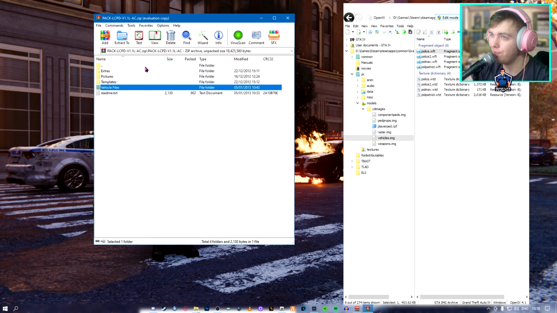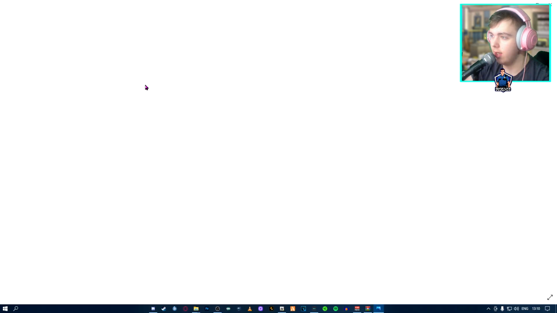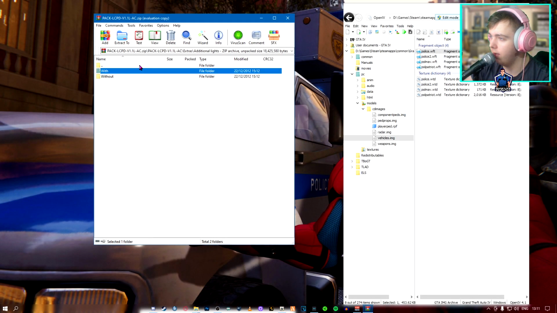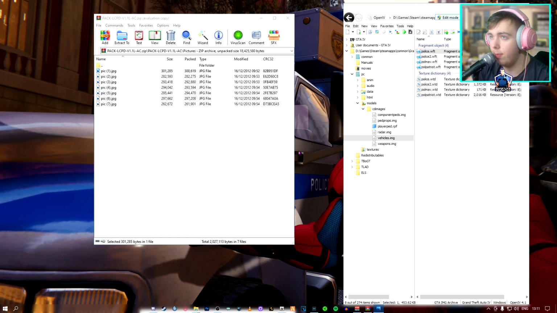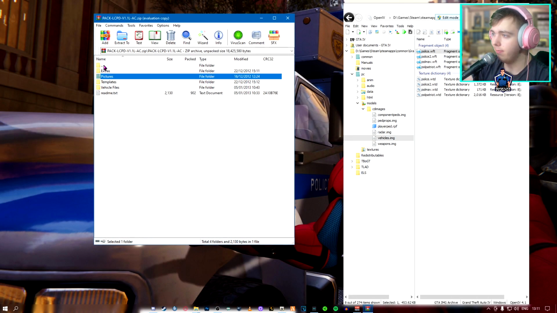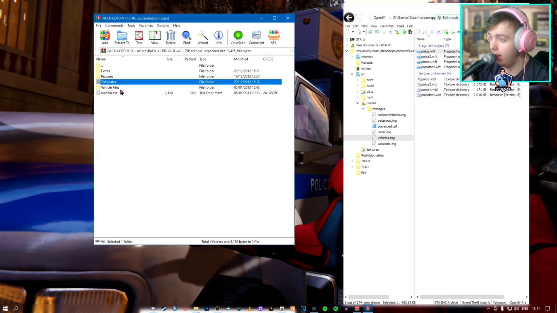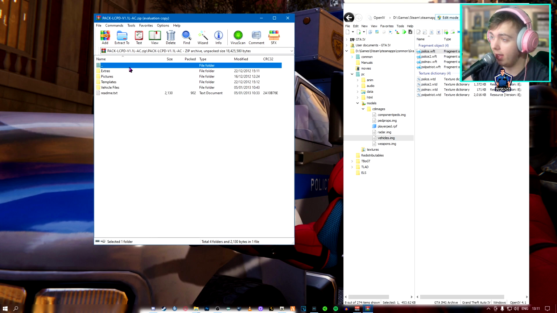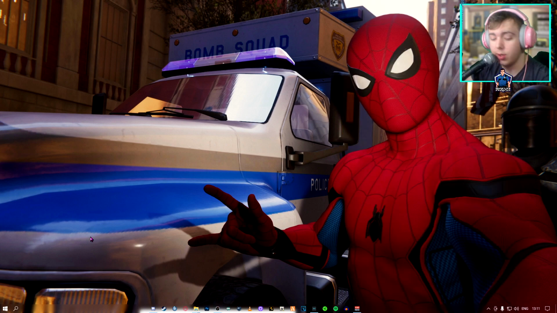It's not difficult. There are extras. So there's extra lights if you want extra lights on the vehicle, or you can take the lights off. The pack comes with pictures, so if you want to see what it looks like in-game, there you go. And then it has templates if you want to make your own livery for the vehicle. So yeah, that is really about it. I am going to launch my game and see how this looks, just to show you guys what it looks like. So I'll see you all in just a